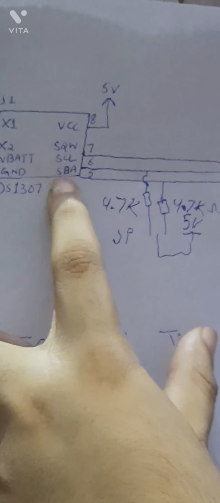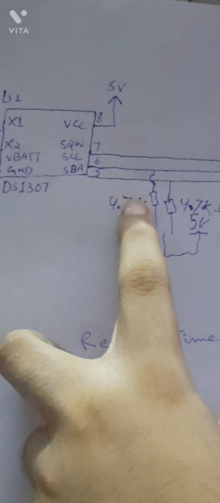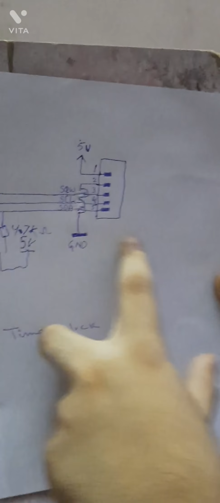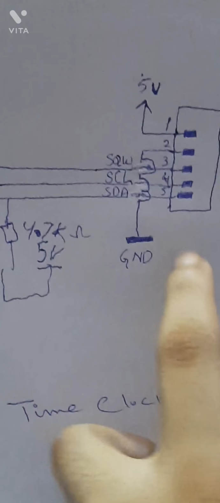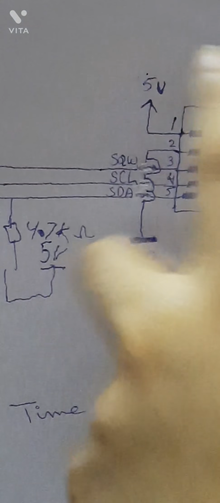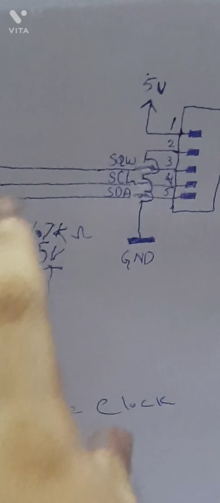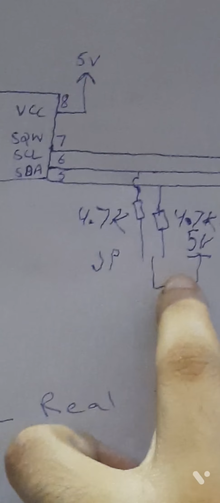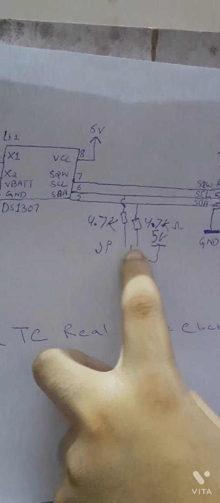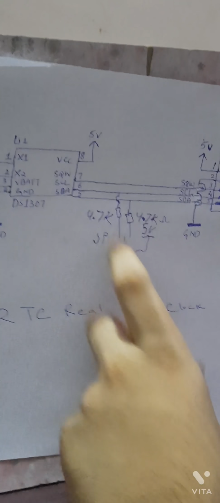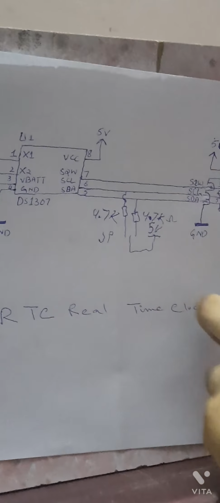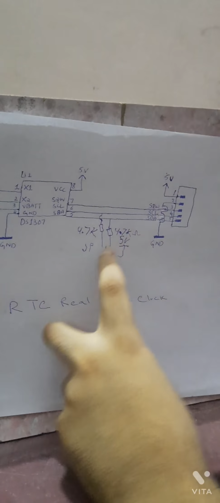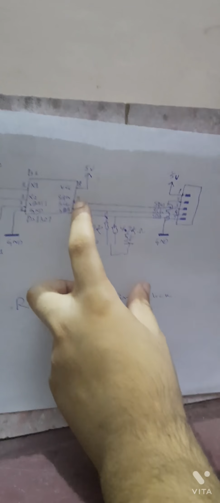5 is SDA, the serial data line, which is connected to an Arduino digital pin, which you can configure as an input in software. These two lines are connected with 4.7 kilo ohm resistors, and there are jumpers to the positive, because if you use a sensitive device instead of the Arduino, it can protect against overvoltage flowing into the Arduino.